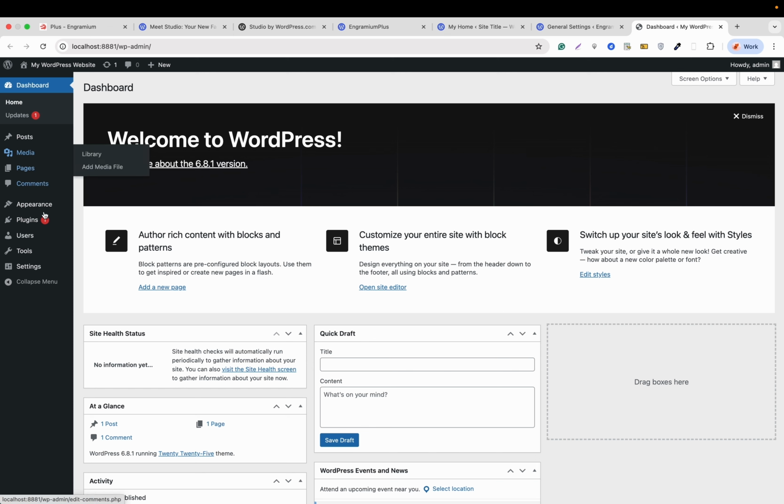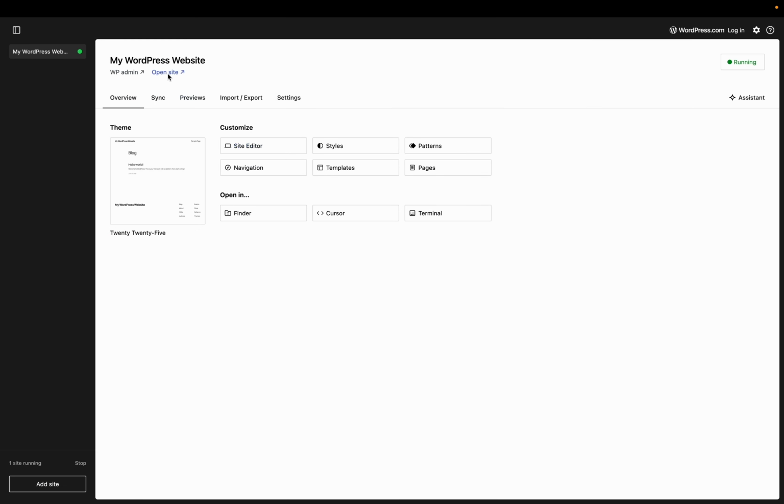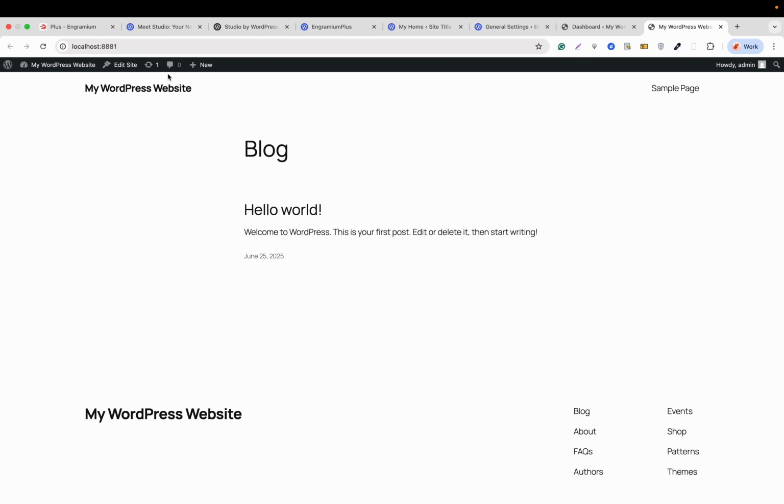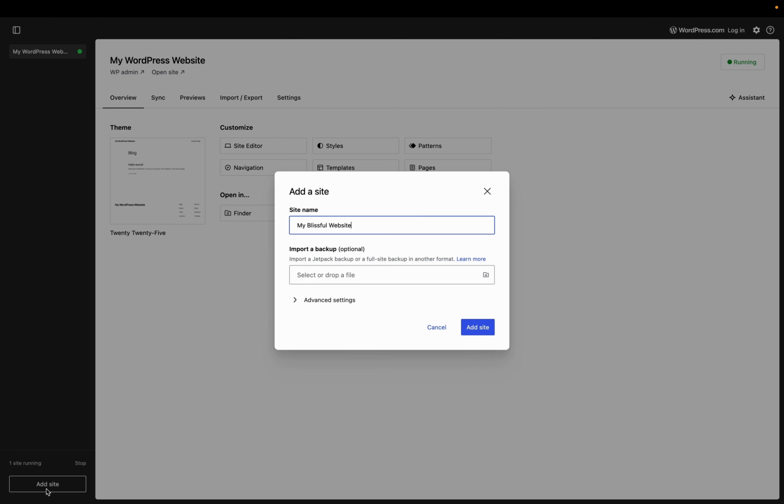So this is our site. We can change everything from here. So if we go to the studio again, from here we can click open site. If we click that, we will see the front end of the website. Go to the studio again. From here we can add a new site again. For example, if we click add site,